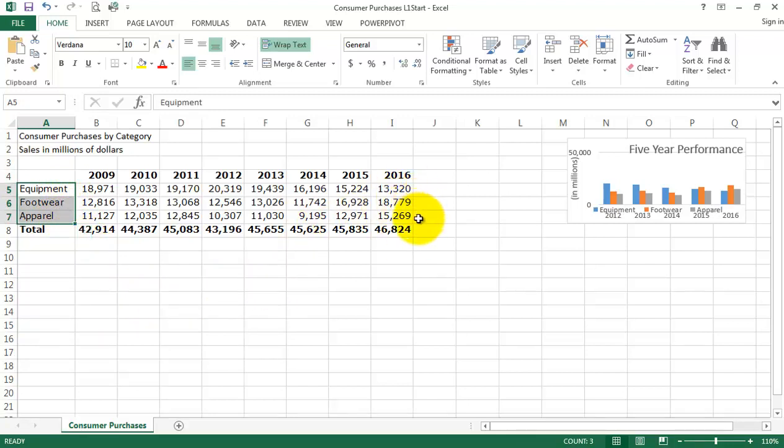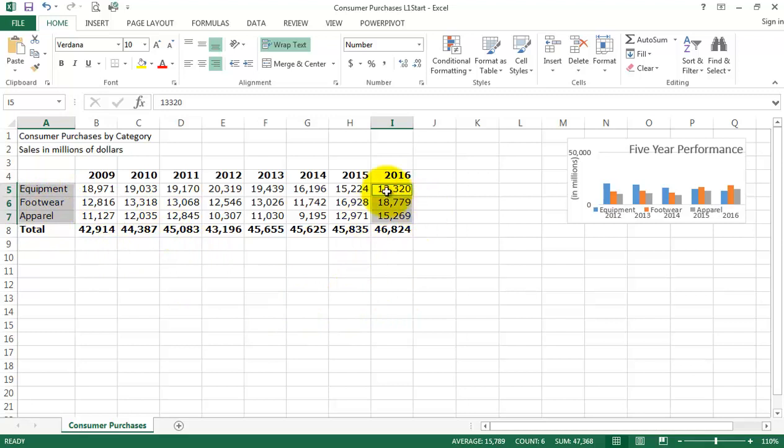You hold the control button down and then select the next one. Alright, I'm going to do that again because the biggest error I see is that students will press the control button at this point, right here, when you should not be. You select the data first, then you press the control button. You hold it down, don't let go. I'm holding it right now. Select the other side, the other block of data, let go of everything, and now you can use this data,